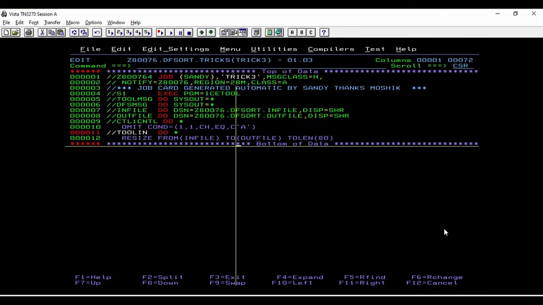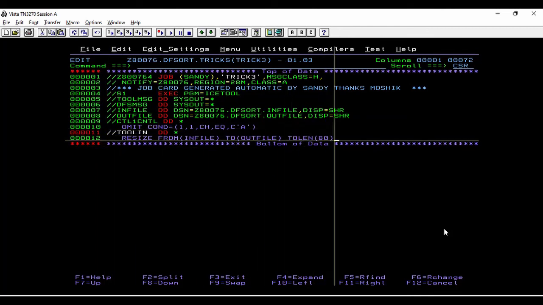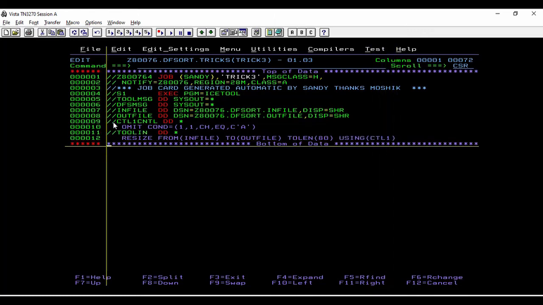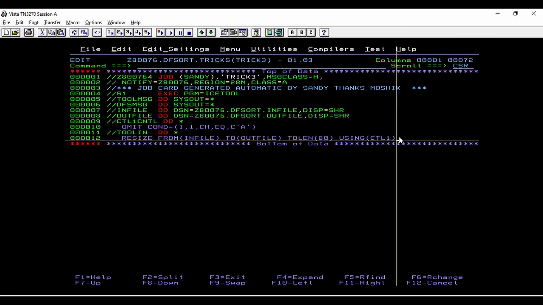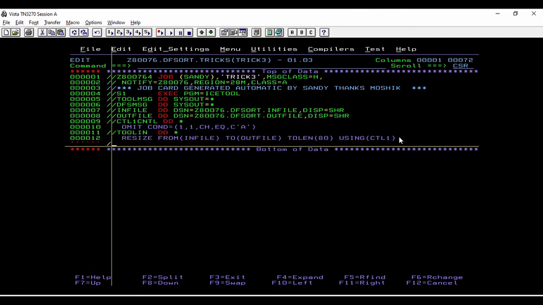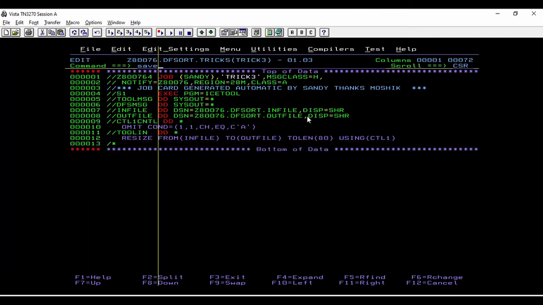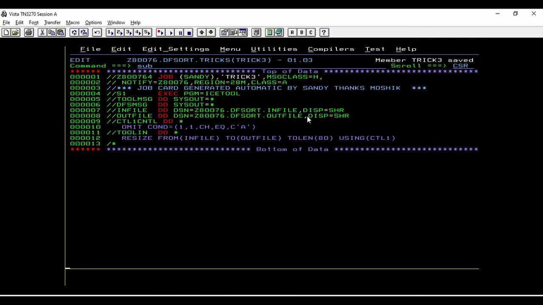Now in order to invoke this control command, we'll add a USING function which will direct it towards CTL1. This particular CTL1 is identified using CTL1, and this will sort our data accordingly. So let us save this and submit.